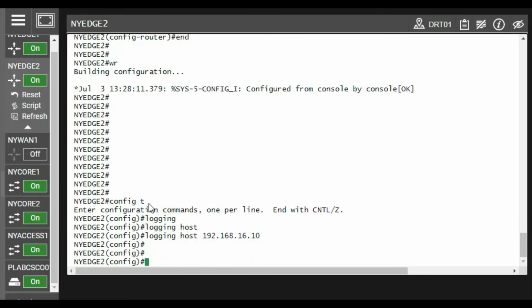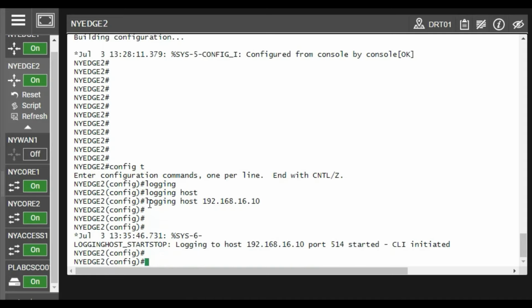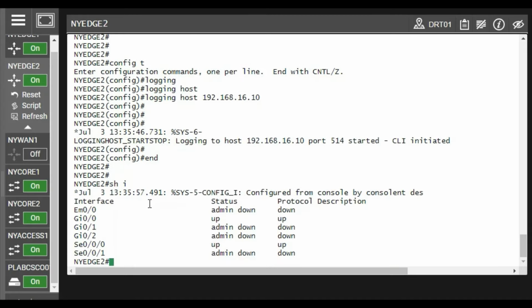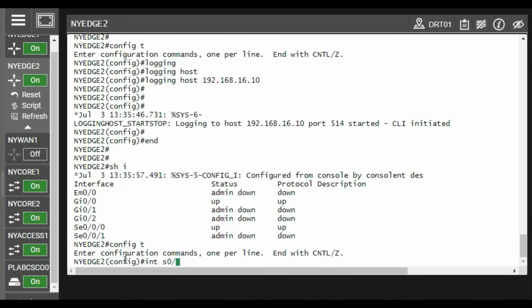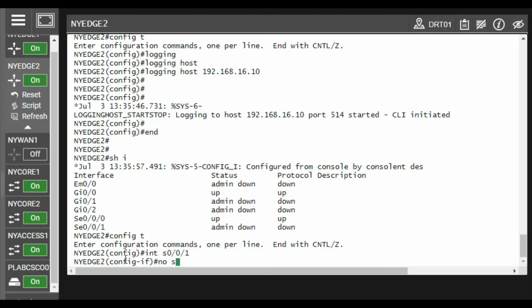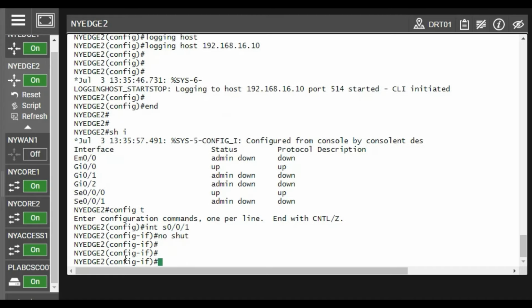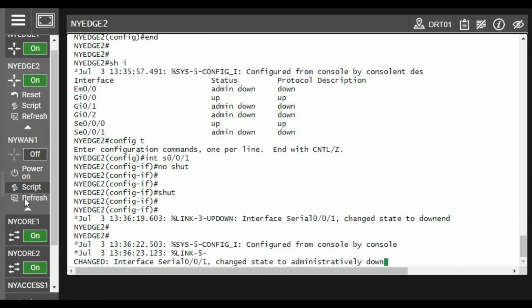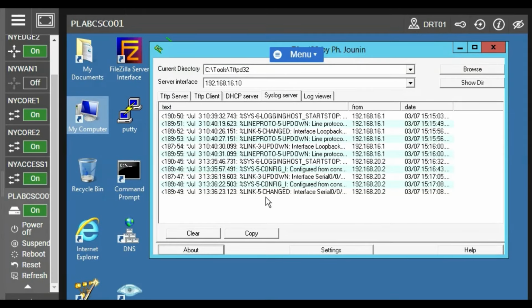You can also generate more logs like this: config t, interface serial 0/0/1, no shut, and again shut. Let's check whether logs are generated on the server. So logs are generated.